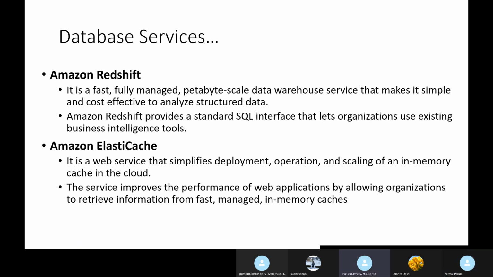What is in-memory cache? Think about caching. Suppose you are going to fetch some data from the RDS. For that you write a query, like select from this table, or joining tables this way. It will take some time to retrieve from your RDS, because your data has millions to billions of records, right? Suppose you are running one query there, and it may take some seconds, or maybe some milliseconds.